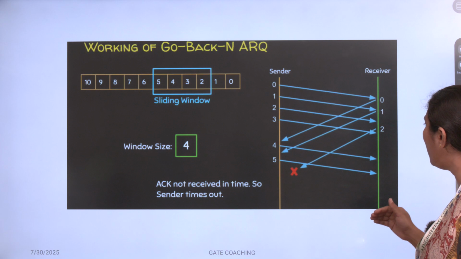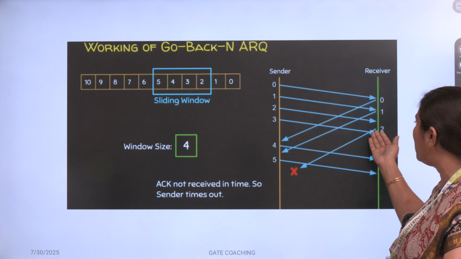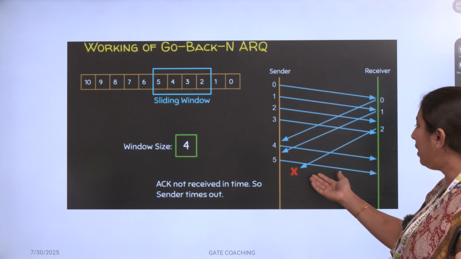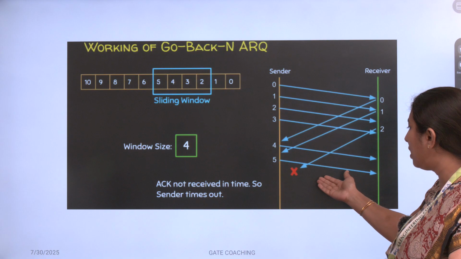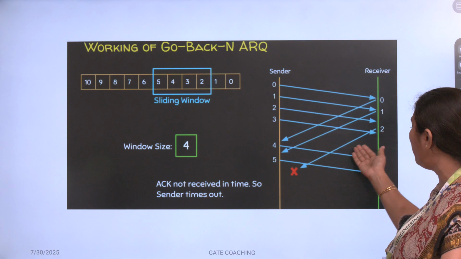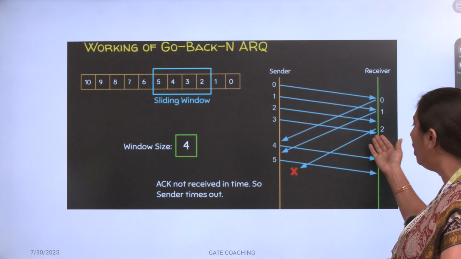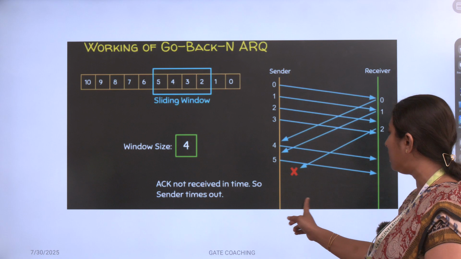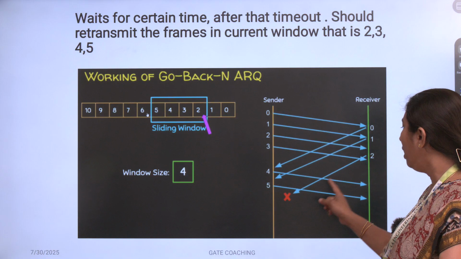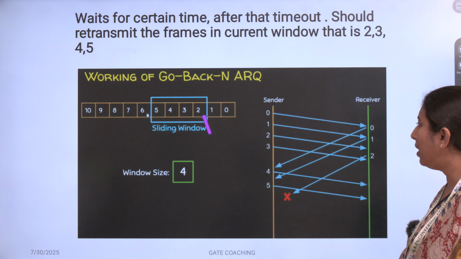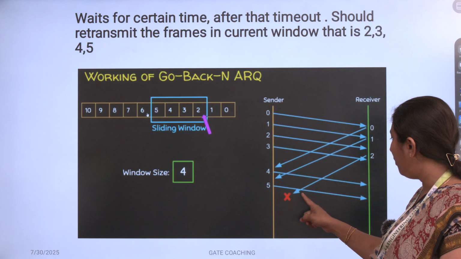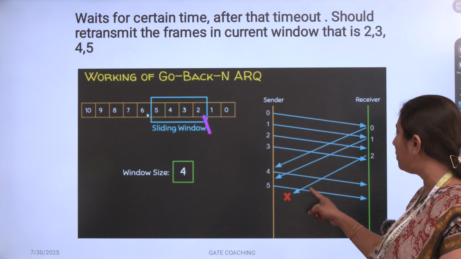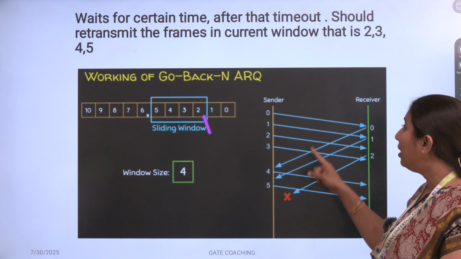So it is again waiting for the acknowledgement from the receiver side for the packet 2. But here, as given in the illustration, the acknowledgement from the receiver for frame 2 is being lost in the middle. After the timeout, what is happening is that since the acknowledgement for packet 2 is lost, the concept